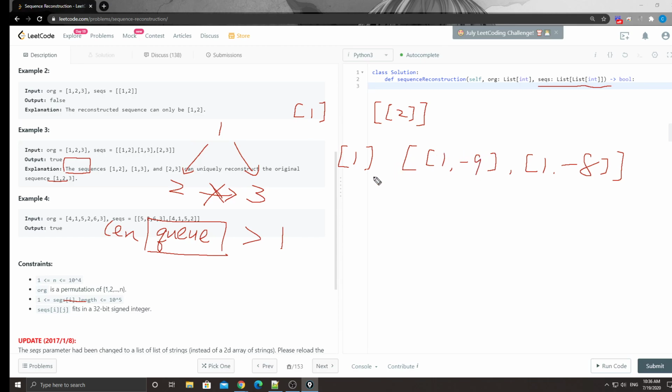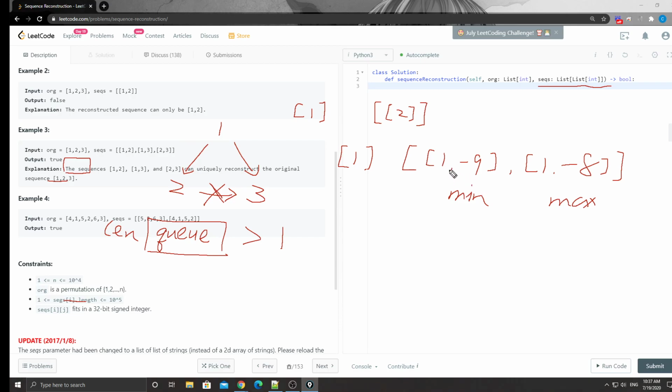To do that, I'm simply using a minimum and maximum number to compare with the minimum and the maximum in the original sequence and the current sequence list here. If either of them is not the same, then